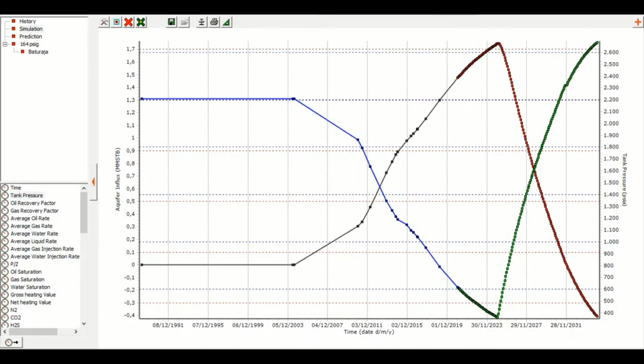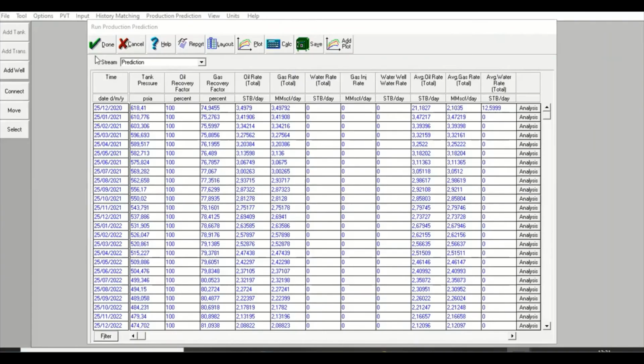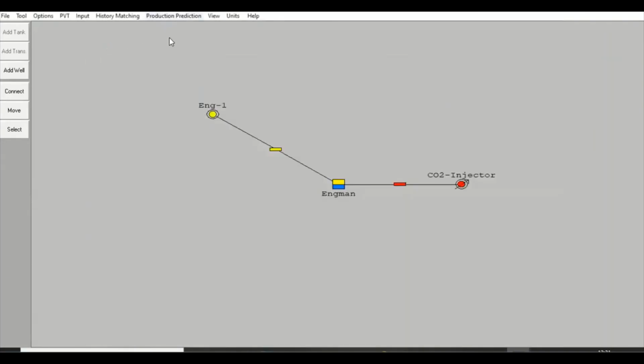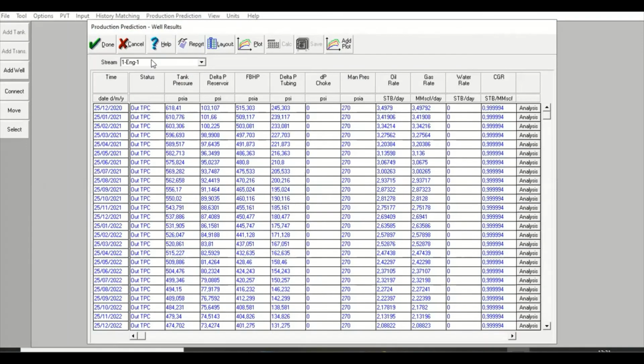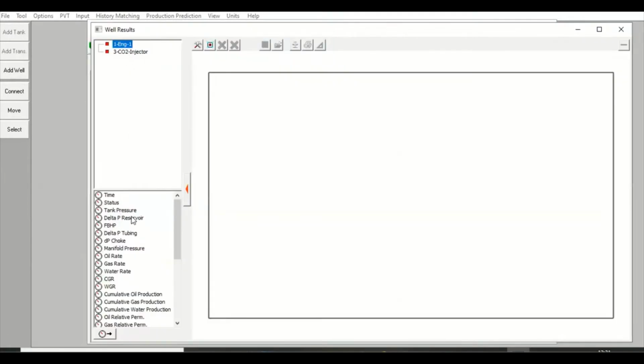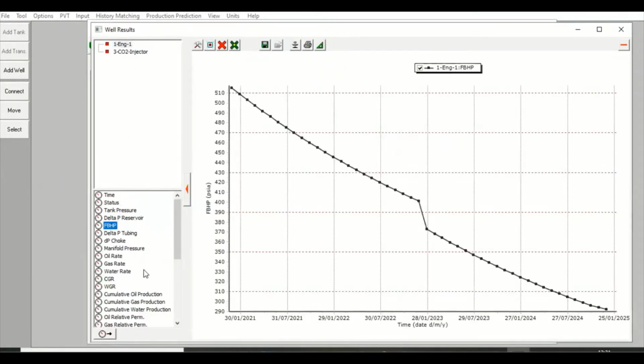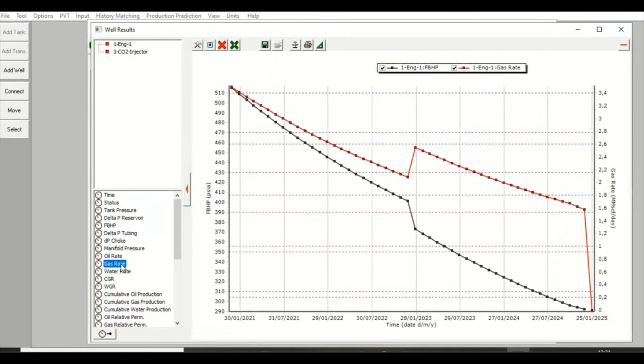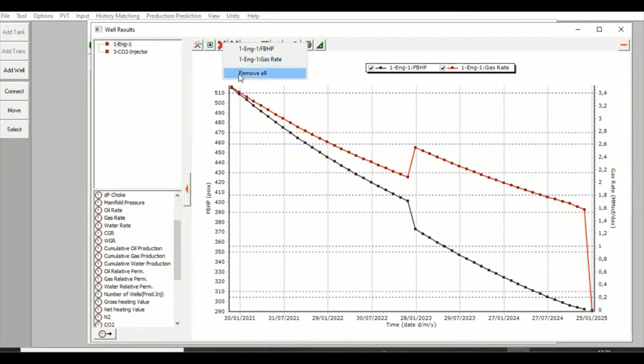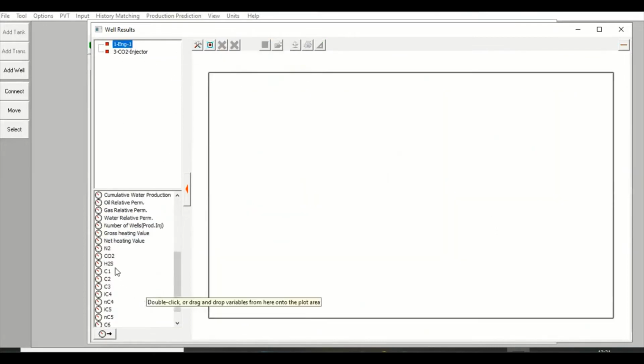I will minimize, okay? And then we can click done, and then we go to well results. You can plot the well results from Eng-1, the production well. Let's say I want to plot flowing bottom hole pressure and then the gas rate. At the end of the production phase, the rate will be decreased to 0. And then if you check the CO2,